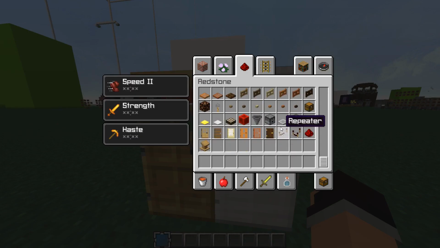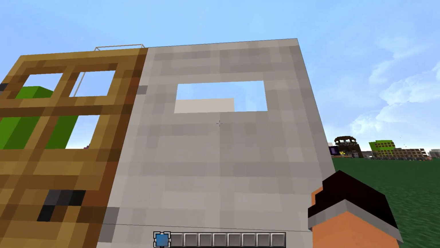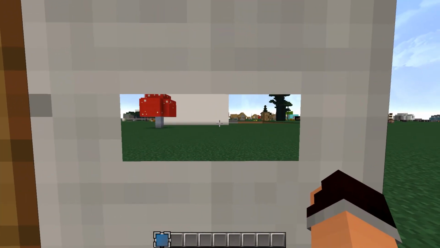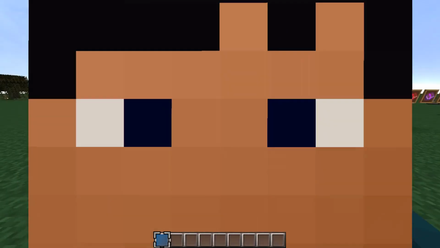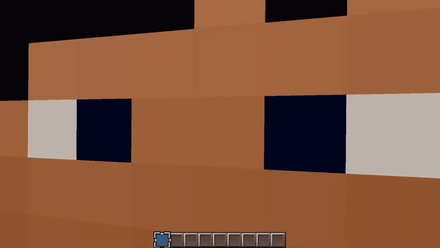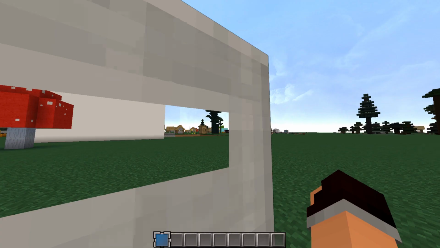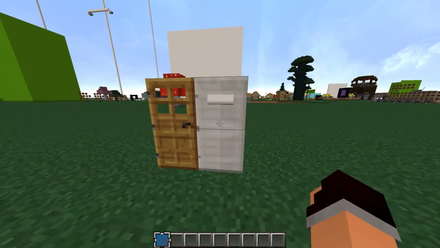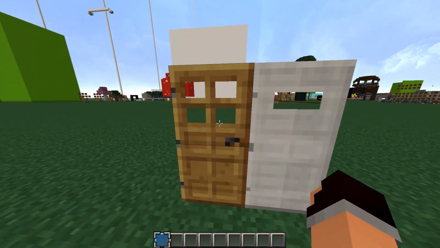Because if Steve is creative enough to design different doors when making them, why is he so boring when it comes to the iron door? What does Steve have against iron doors? Maybe Steve has some sort of historical... wow, I didn't expect that. Maybe Steve has some sort of trauma relating to iron doors. You know, that would be interesting lore right there. So what I did is I simply changed the texture for the iron door,